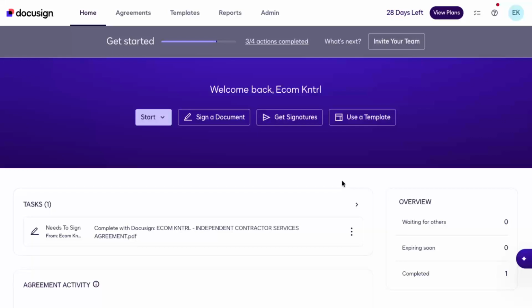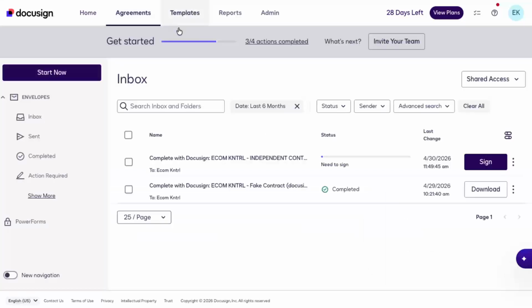From the dashboard, look towards the top or side navigation menu and find the section labeled Agreements. Go ahead and click on Agreements. This area is where DocuSign organizes the envelopes and documents you've sent or received. After clicking, you should see a list of your documents, often with columns like document name, status, and the date it was sent. Take a moment to let the page load fully, especially if you have a lot of agreements